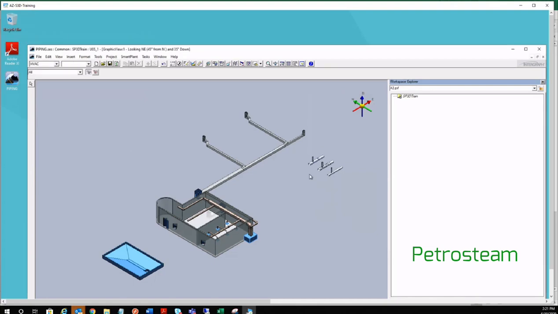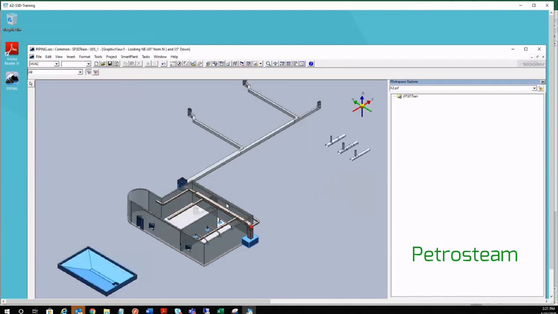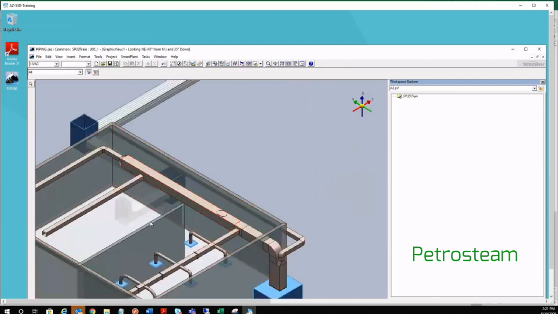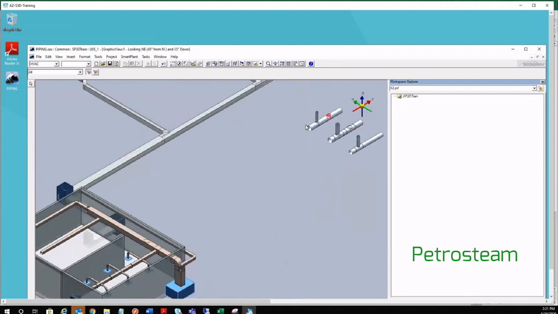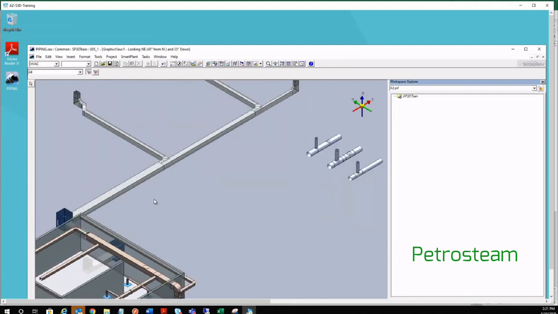Say in the morning, the piping is here. You are working somewhere on this equipment, and by afternoon, the designer who is working on this piping has brought it and connected it with this equipment. How will we get the update? If he informs you that I have updated this, you can check now.